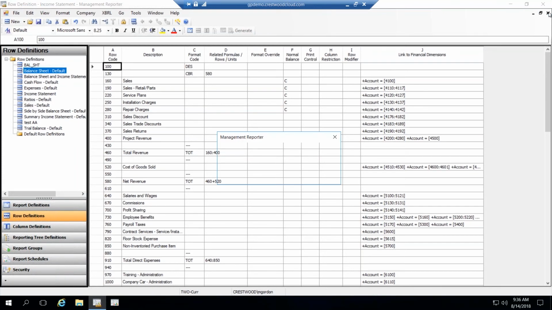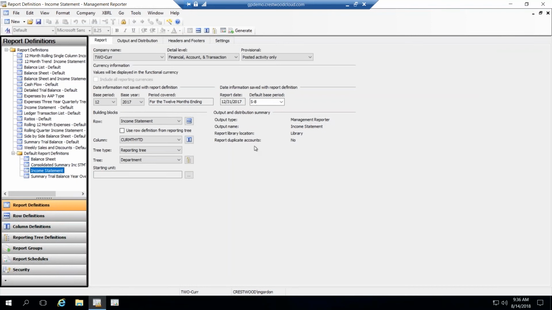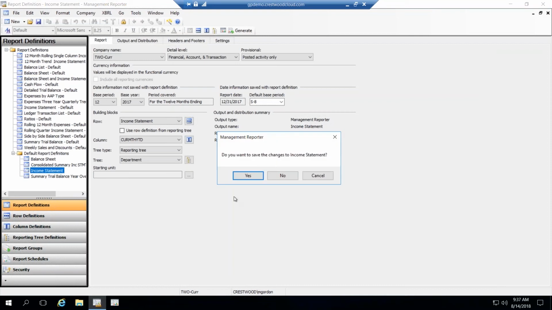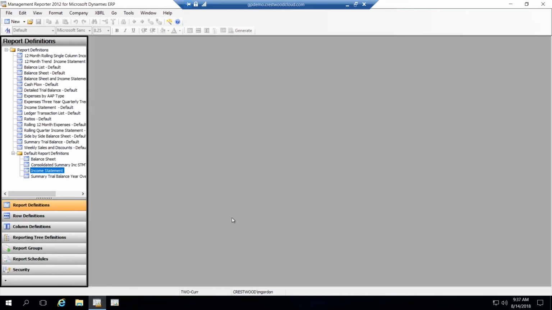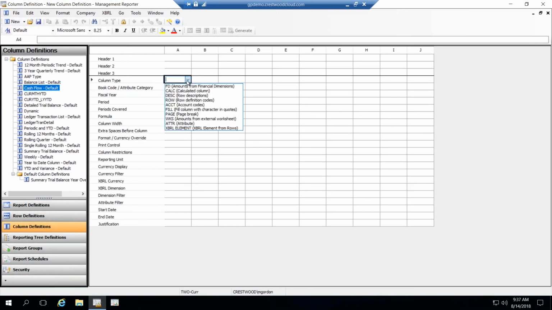Well, you can do some pretty cool stuff with row linking. Time really doesn't permit us to get into more of that. The other thing that I definitely want to show you is how I can build a dynamic column and take advantage of some print controls. So for a dynamic column, I'm just going to say I want a new column. I am going to hit description,